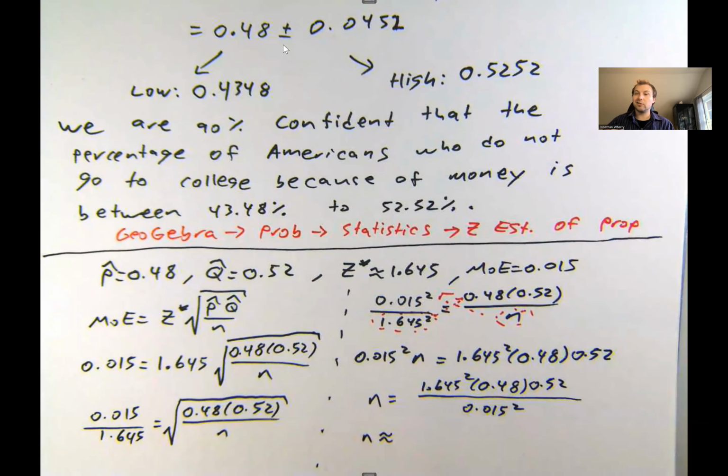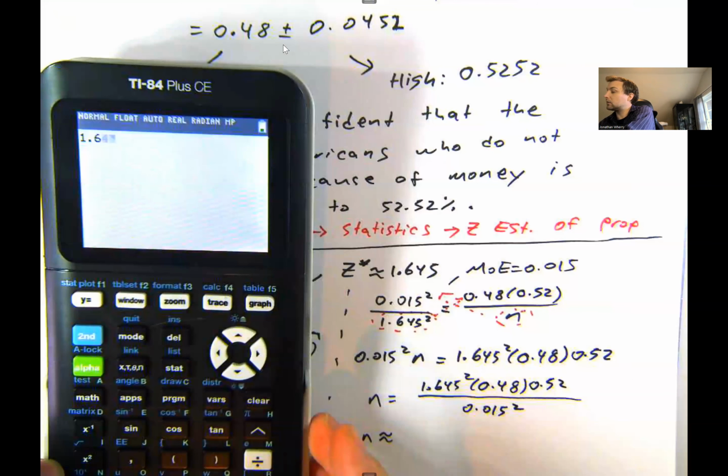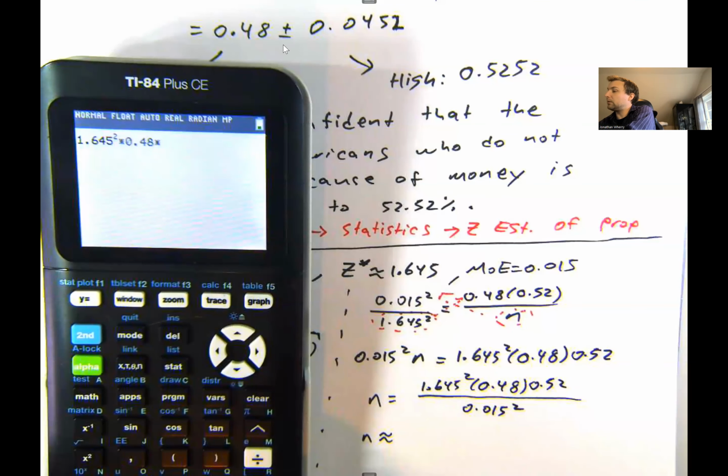I'll type this into my calculator and I will round it up because I want to make sure I have at least that many samples, if not more. And I'll round up to the nearest person. So I've got 1.645 squared times 0.48 times 0.52 divided by 0.015 squared. And when I do so, I get